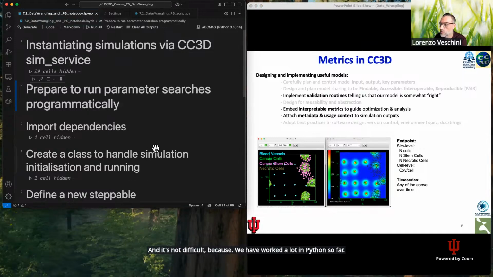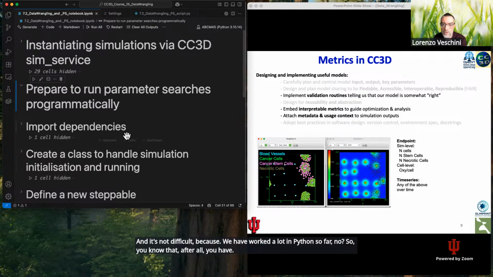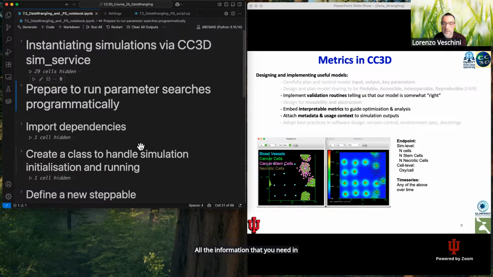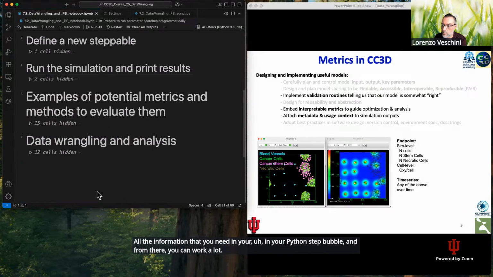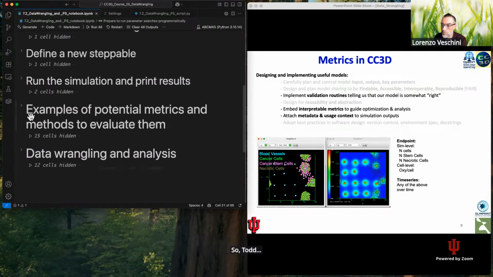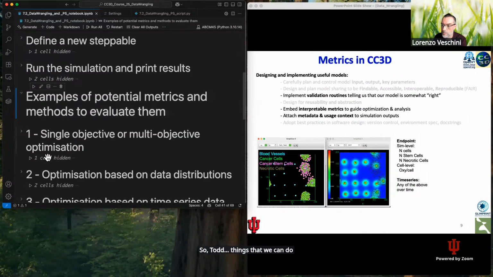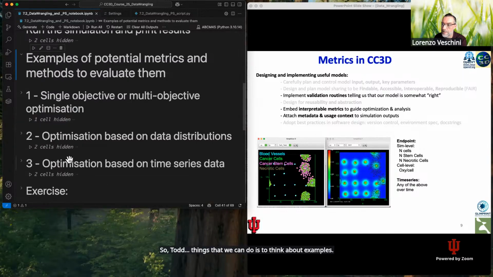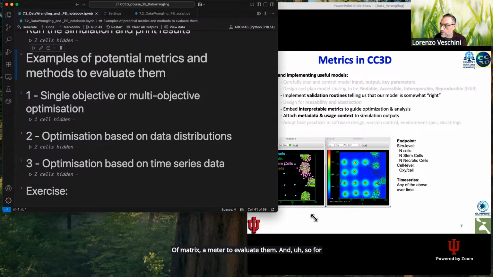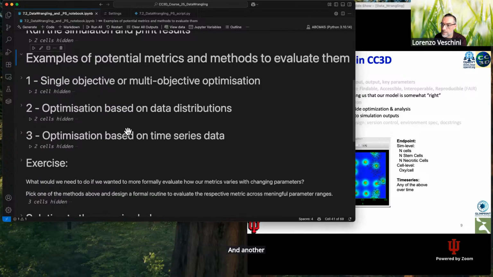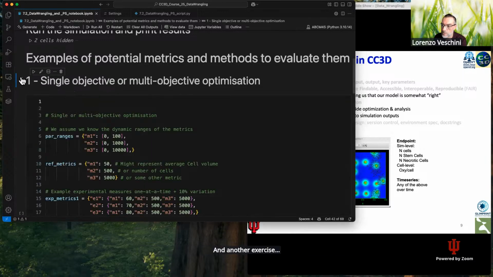So you know that after all, you have all the information that you need in your Python Steppable, and from there you can work a lot. So things that we can do is to think about examples of matrix and method to evaluate them. And so for this, we can perhaps run another exercise and think about a little bit of